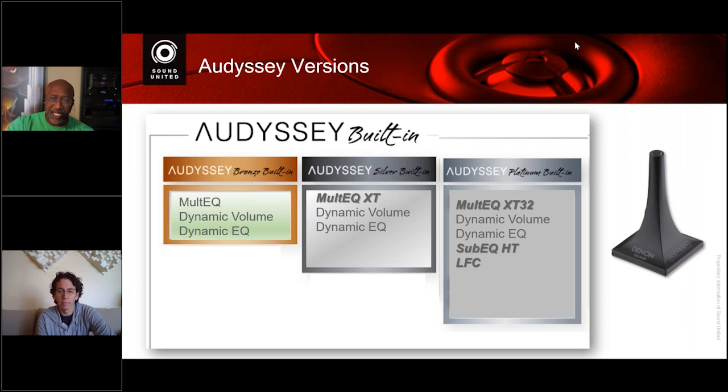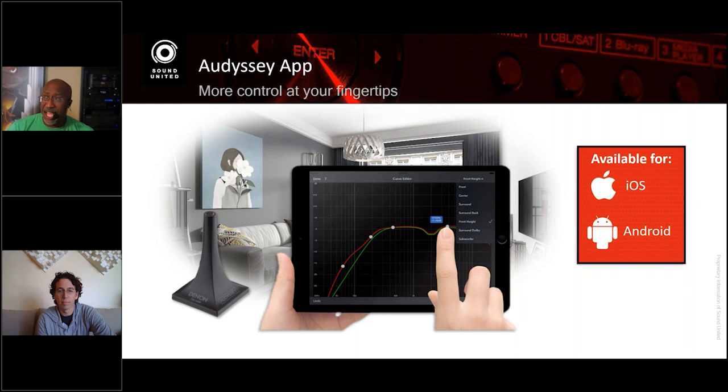Now, a big tip is people go, well, how do I optimize my Audyssey, and I want more adjustability? And that's where the Audyssey app comes in. Jim is a big proponent of this app. That's one of the first things when I joined the company that he made me go out and get, this app on my tablets, on my phone, because this is how we EQ and set up Audyssey in our systems whenever we travel and do demonstrations.